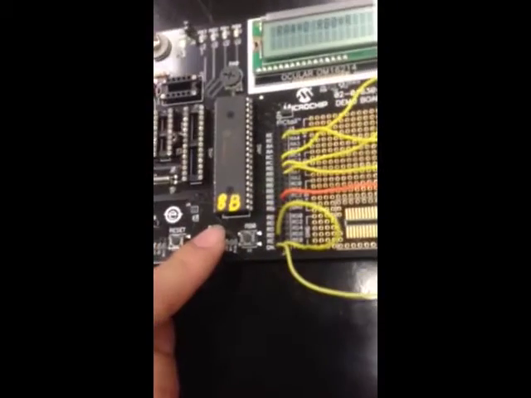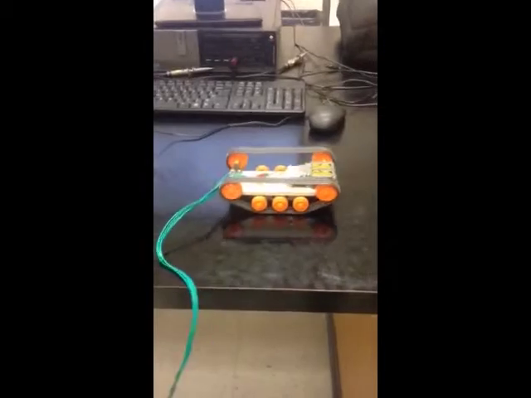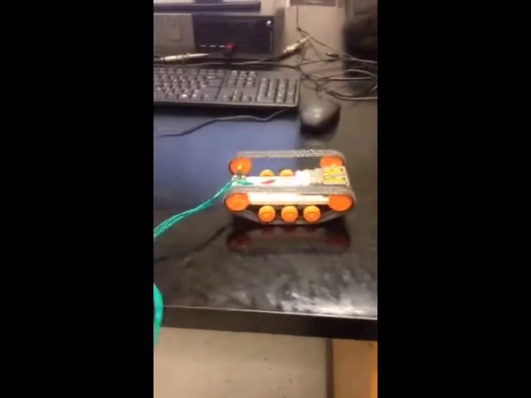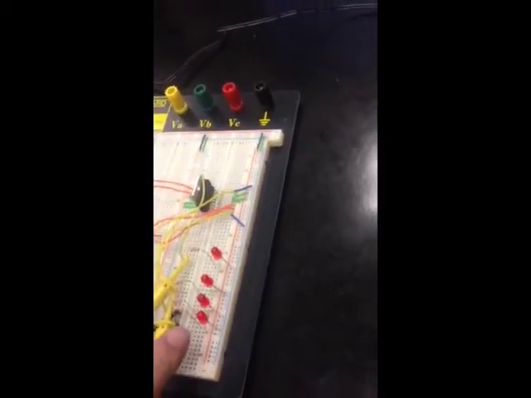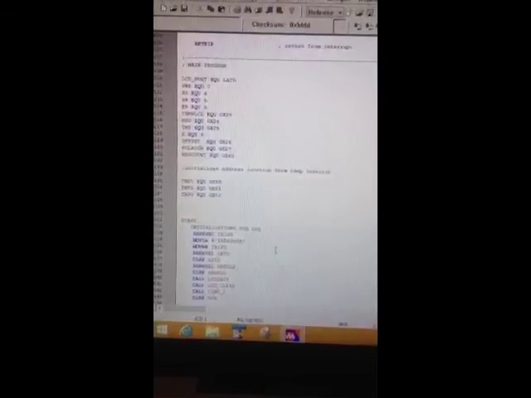So when we press RA4 switch, it should go forward. And as you can see, it went forward, and when we press RB0 switch, it should perform a backwards motion. And we can also confirm this by seeing that when we press the RA4 switches, our LEDs will perform the correct sequence that we made it to. And when we press the RB0 switch, it will also perform the